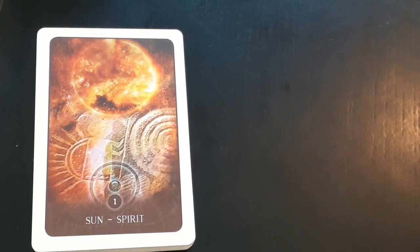Okay, so we start off with number 1, Sun Spirit. Leadership, reigning over the situation, showing majesty, being king or queen, royalty, being noble, being regal, a return to life, getting a second chance, resurrection, passionate love, good feelings, happiness, showing confidence, exhibiting grace, generosity, cats, summer months, tropical areas, parties, bonfires, cookouts, the colors orange, red, and gold, decadence, sometimes bad taste, the heart, the liver, and the upper spine,